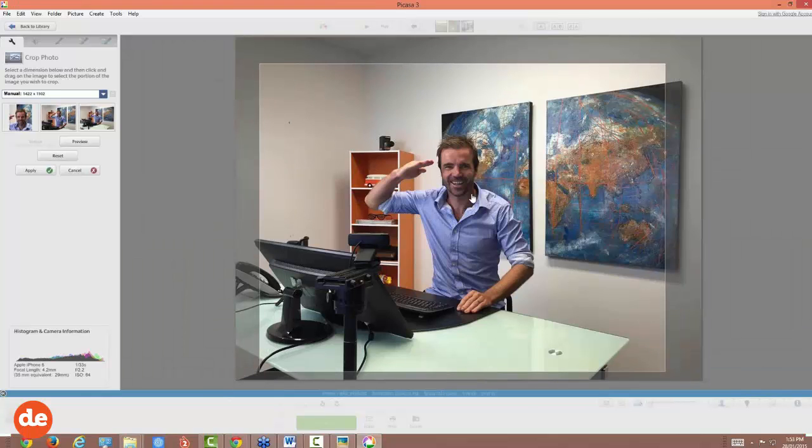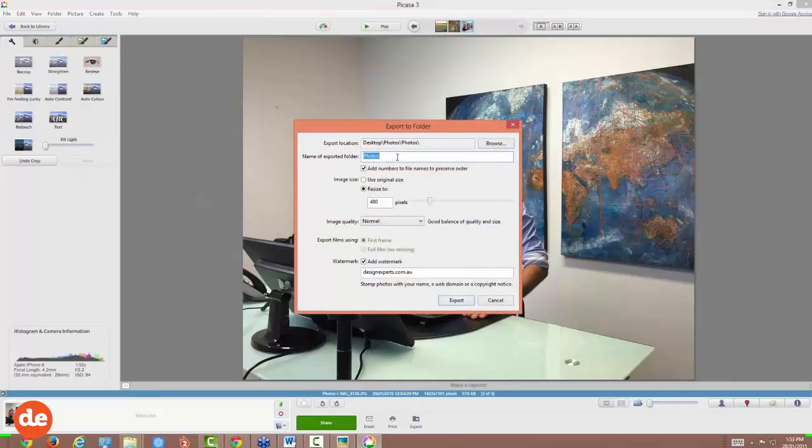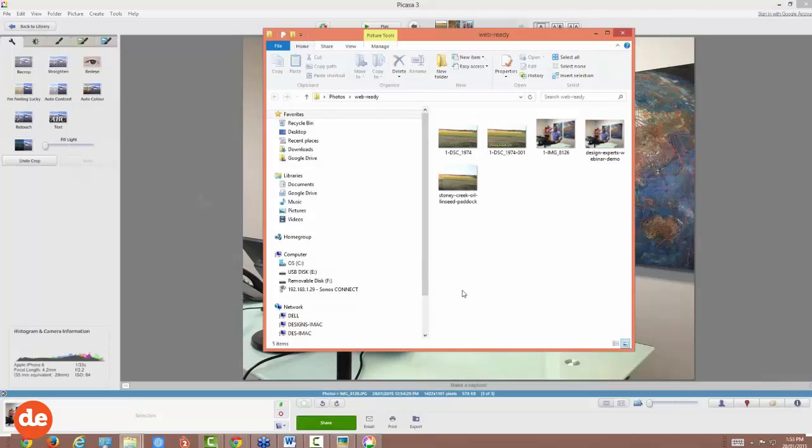So what I'm going to do here is click, I think I like it there. I'm going to click apply. My mouse is on the left hand side here. So what this does is it crops out the background, at which time I can come down here and export it again. You do have to repeat this process. It's a little bit annoying, but you go web ready, 480. Do I want a watermark? Yes or no? Export. And what that's done is it's dropped in now the cropped image,